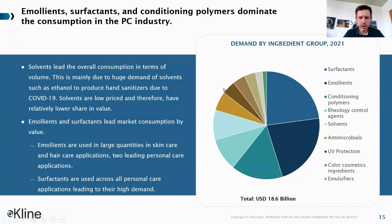So now looking at the same market, this $18.6 billion global market, and looking at it from a product category or an ingredient category perspective. Again, here the pie chart shows the demand in value, but if we were looking at volume versus value, we would also see a very different picture. If we were looking at it in volume, we would see that the solvent category, which is an addition to our 2021 scope, is the largest because we are looking at a rather commoditized segment of the market that has